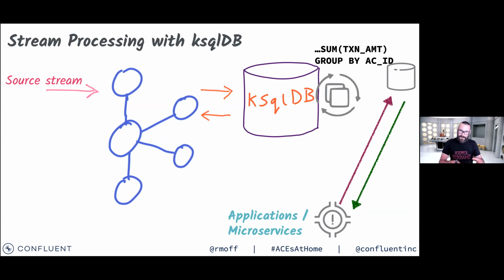And we could take an inbound stream of transactions against bank accounts and say, well, group it by bank account, take the transaction amount and do a sum across that to find out what the current balance is. And then our application, like a user on their phone, the back end of that application does a key value lookup. It says, what's the current balance for this particular account? So for account ID 42, what's the current balance? ksqlDB says, well, I've got that aggregate stored within my state store, and the current balance is this.